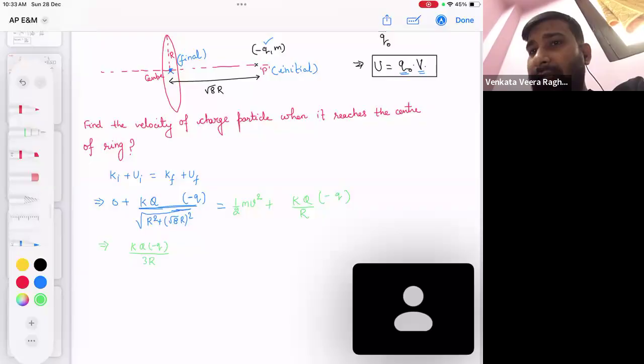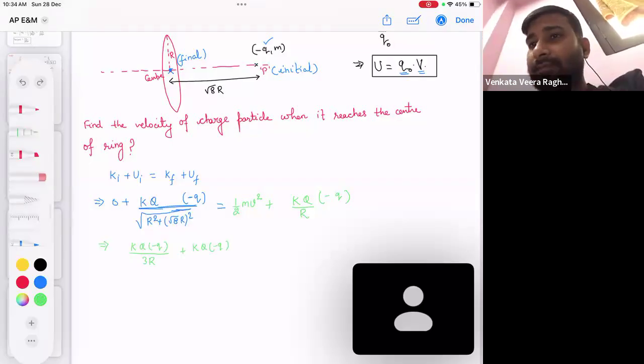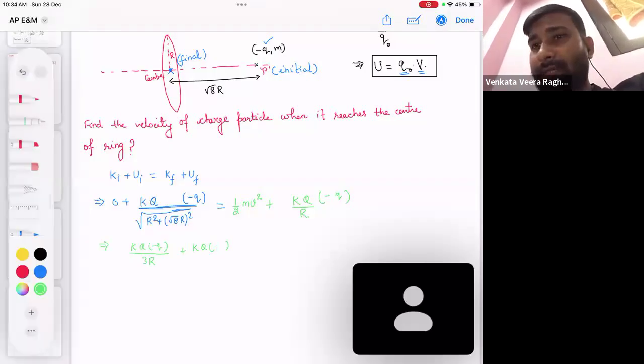Send the other one to this side, K capital Q, minus q is there. If you send it to the other side, this minus q will become plus q. Check the calculation once. That will become plus K capital Q small q by R, and that is equal to